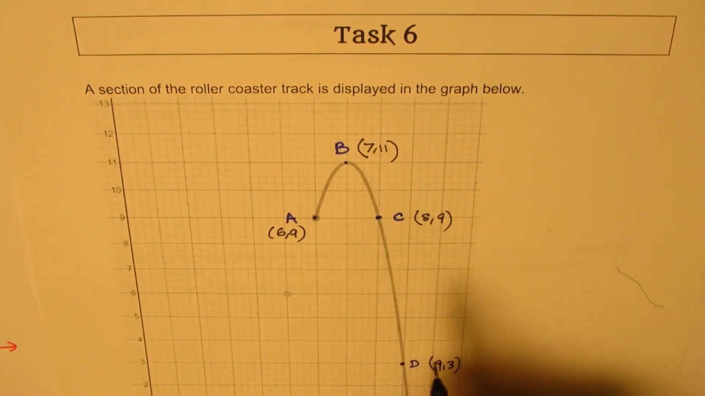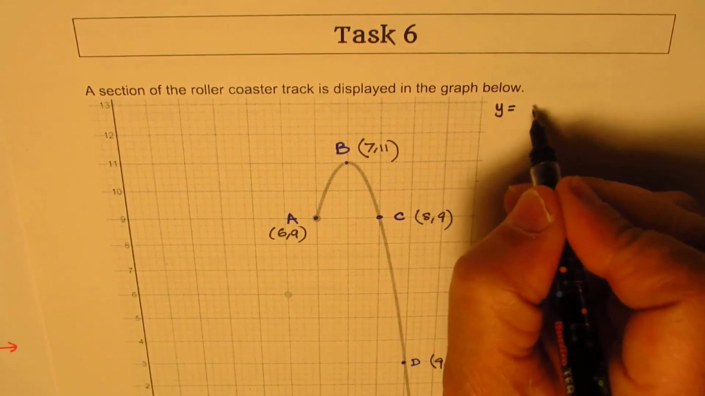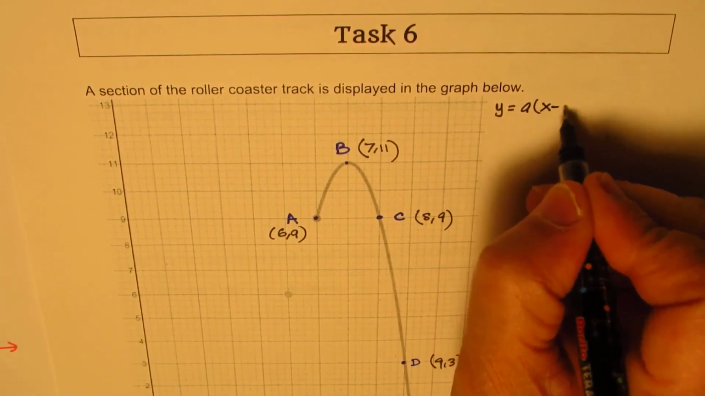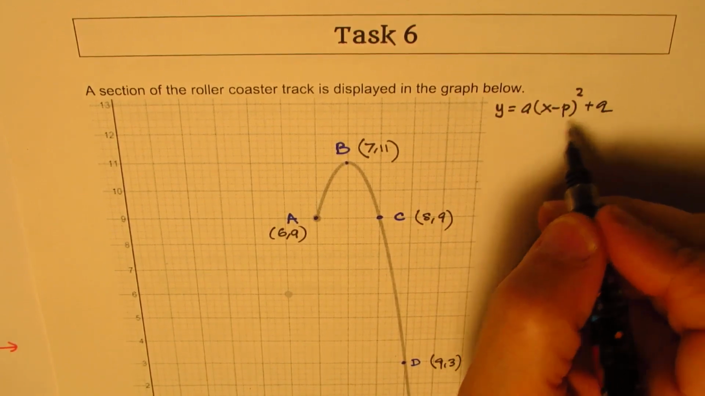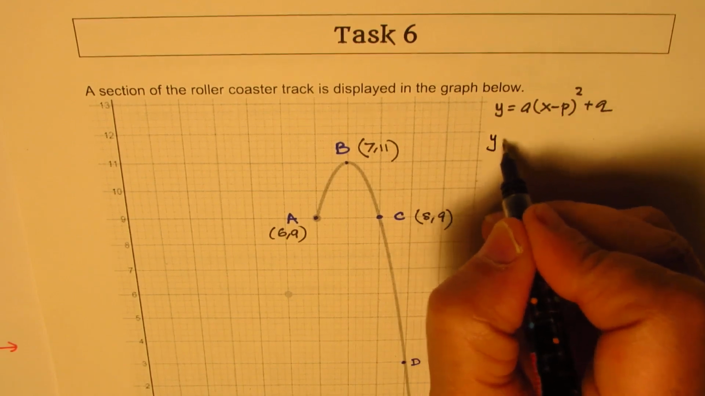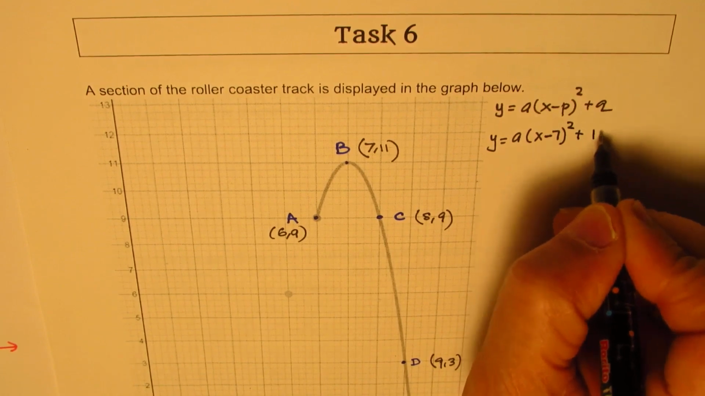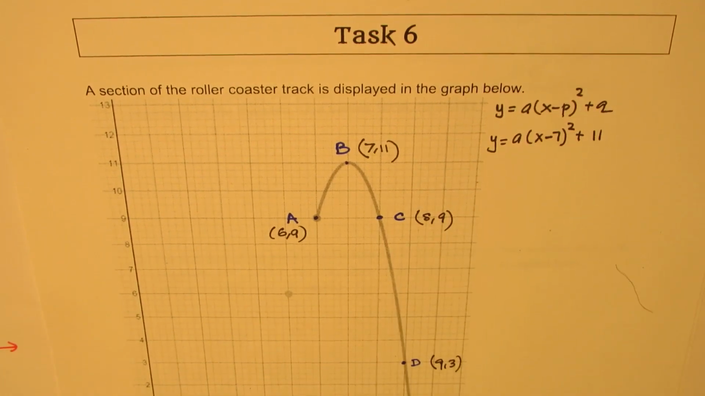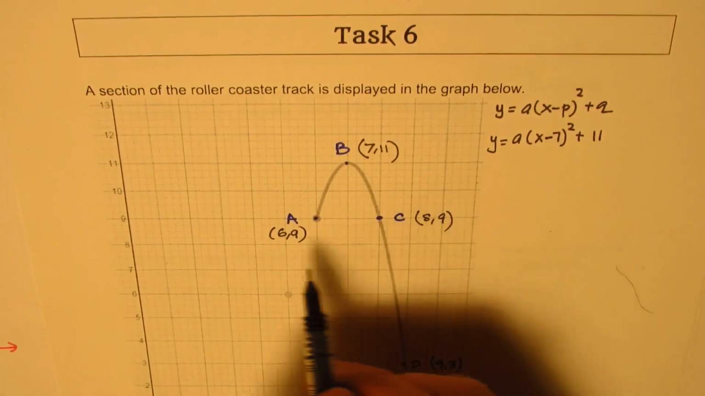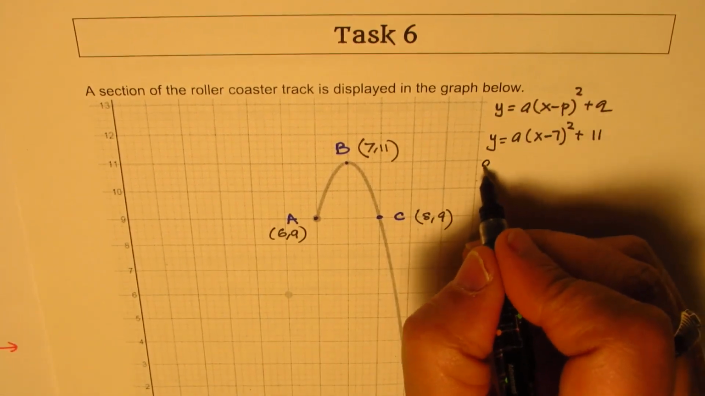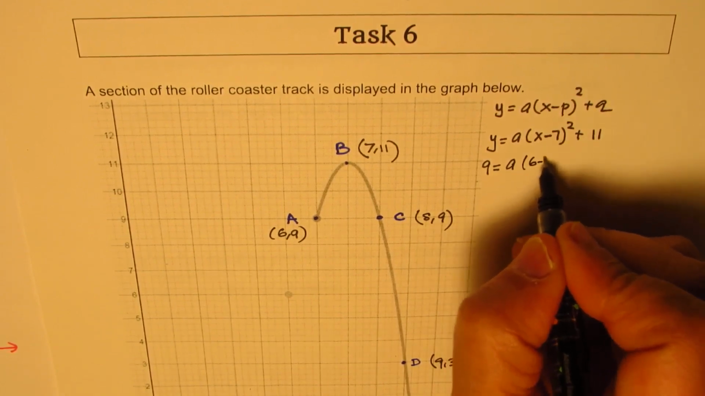We have space to write. So vertex form will be y equals a times x minus p whole square plus q, right? Where p, q is the vertex, 7, 11 in this case, so we get y equals a times x minus 7 whole square plus 11. To get the value of a, we can substitute one of these points, right? So we have here 6 and 9, so we can write this as 9 equals a times 6 minus 7